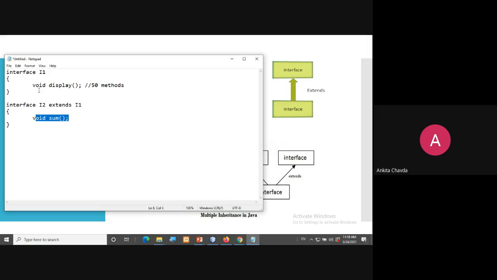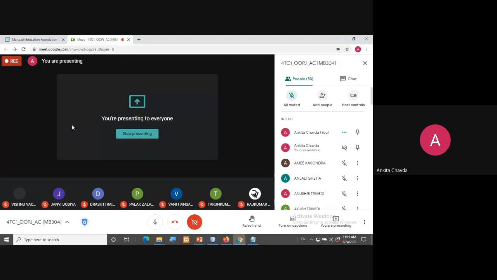Would you like to write those 50 methods again over here? No. Instead, you write extends I1. So interface I2 has 50 methods plus this one method, a total of 51 methods. Any interface can extend another interface.